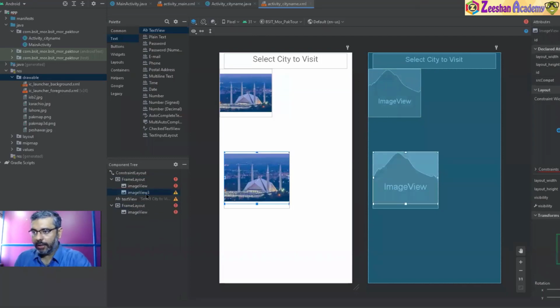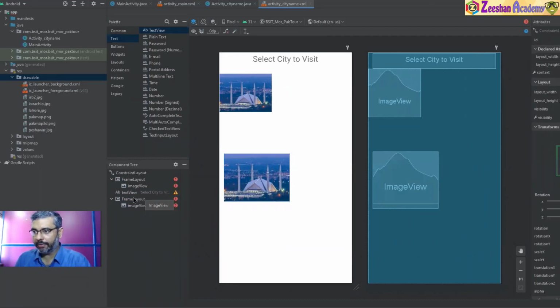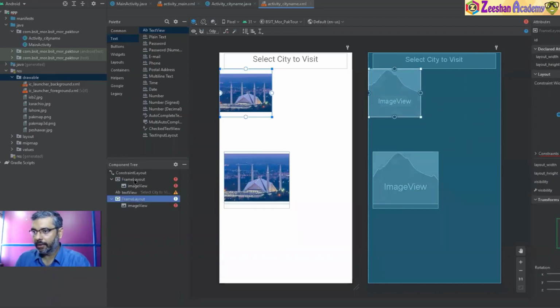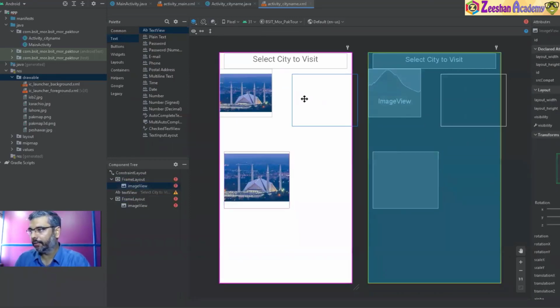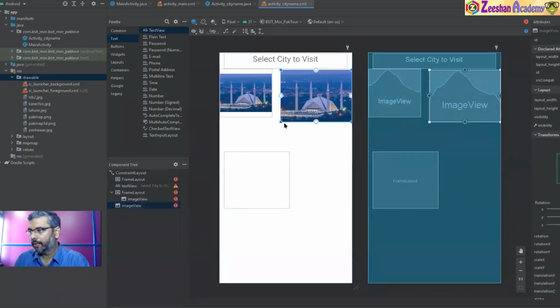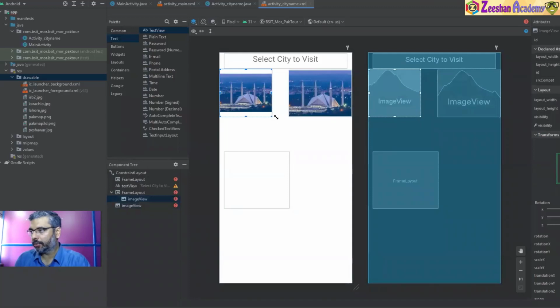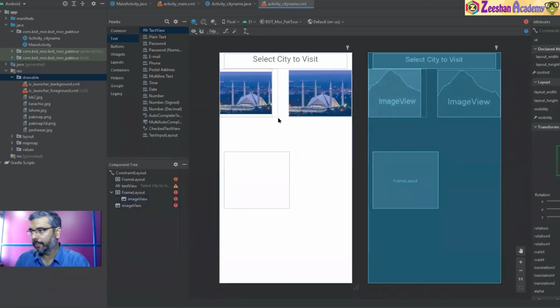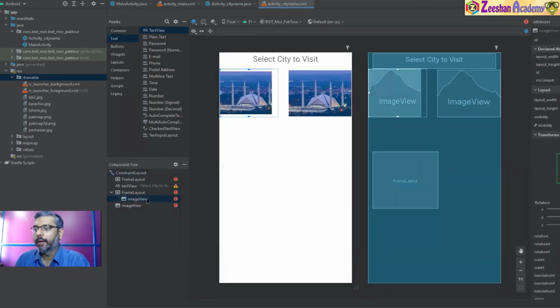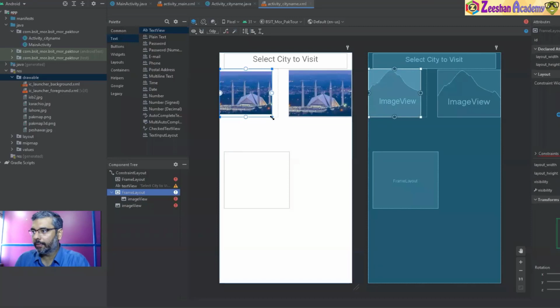ओके, ये वाला एक्स्ट्रा हो गया, इसको करो डिलीट। ये फ्रेम लेआउट आ गया इधर, ये फ्रेम लेआउट आ गया इधर। ठीक है, इसको थोड़ा सा हमने किया छोटा, इसको थोड़ा सा हमने किया बड़ा। अरे भाई सेलेक्ट हो जा, फ्रेम लेआउट।